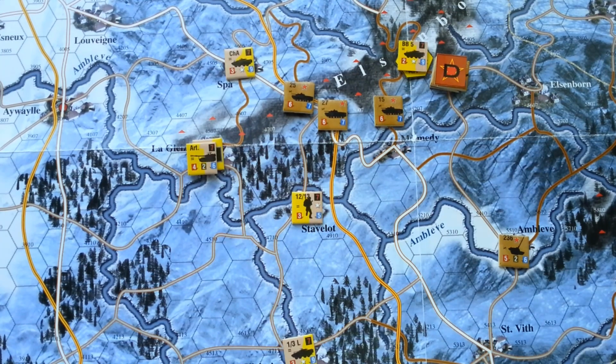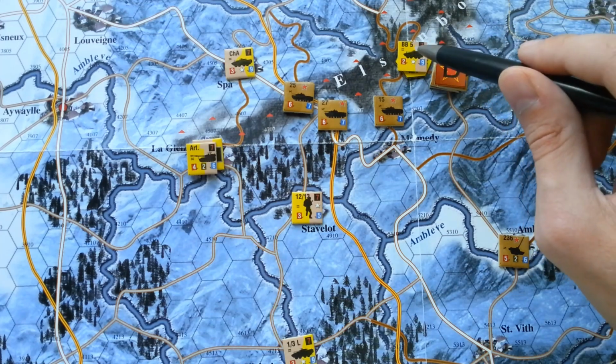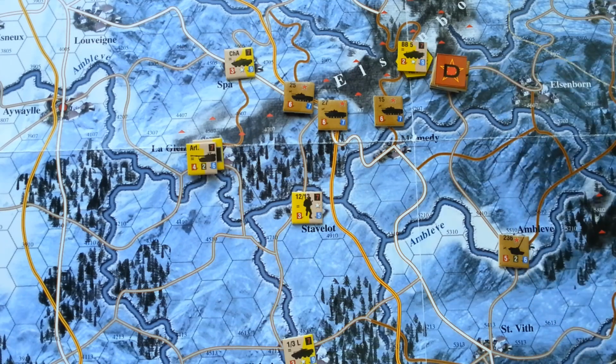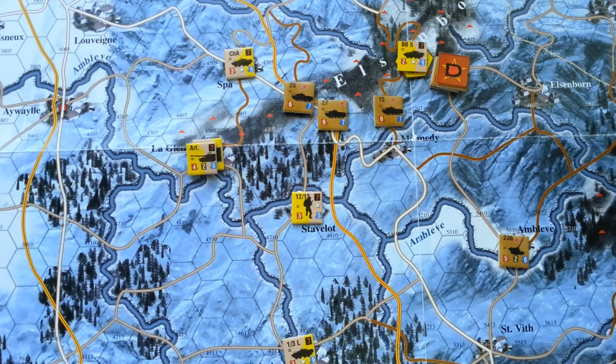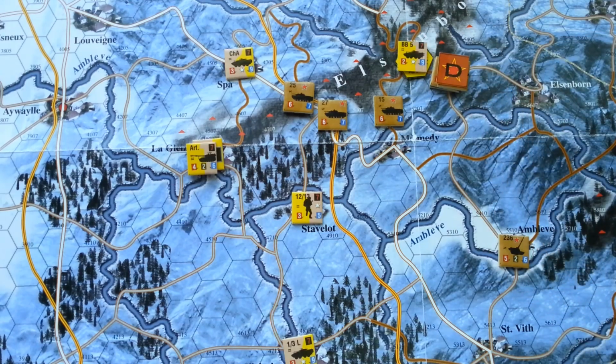So I think I will do that. Also, when a unit is fortified, it doesn't have to attack enemy units in its zone of control. That's the only exception. Otherwise, it would have to attack these Russians, which would be an extremely bad idea. But since it's fortified, it doesn't have to. It keeps a defensive posture. It just doesn't want to let the Russians pass. Okay,